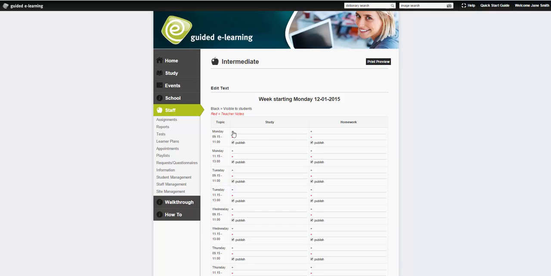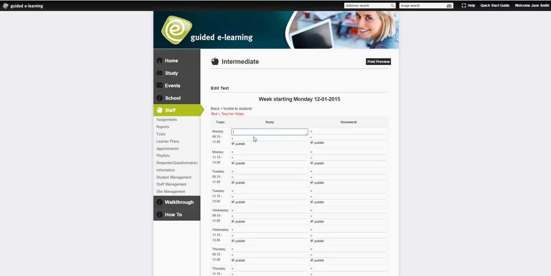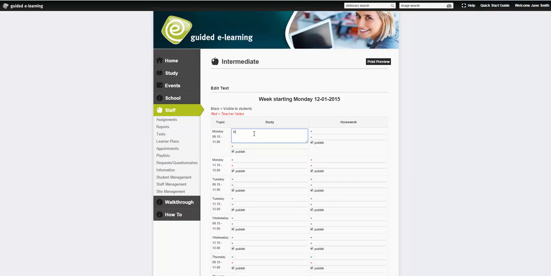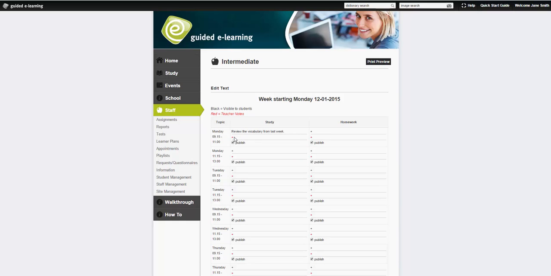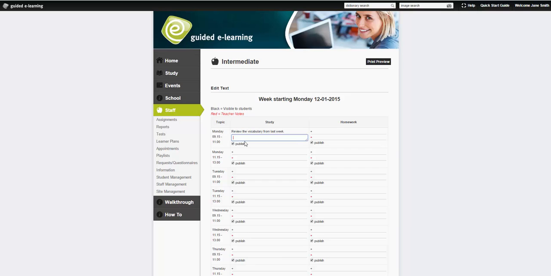So let's create something for the students to see. So you could type in it. So you click on the plus to actually type something in. So it could be review the vocabulary from last week. And then you could put in a little teacher note. The teacher has to remember to create